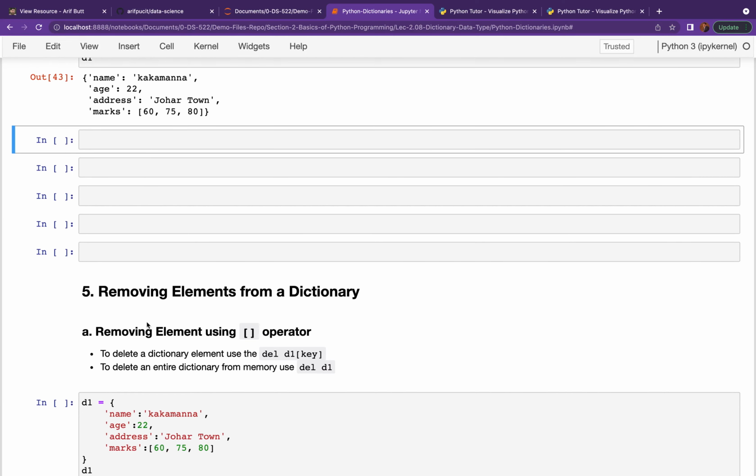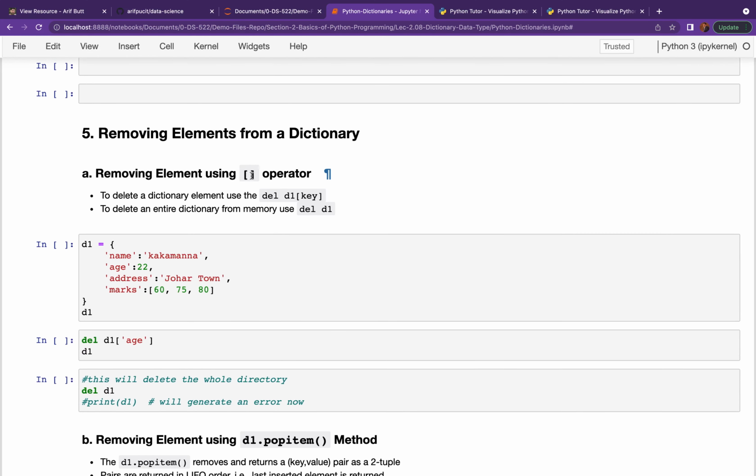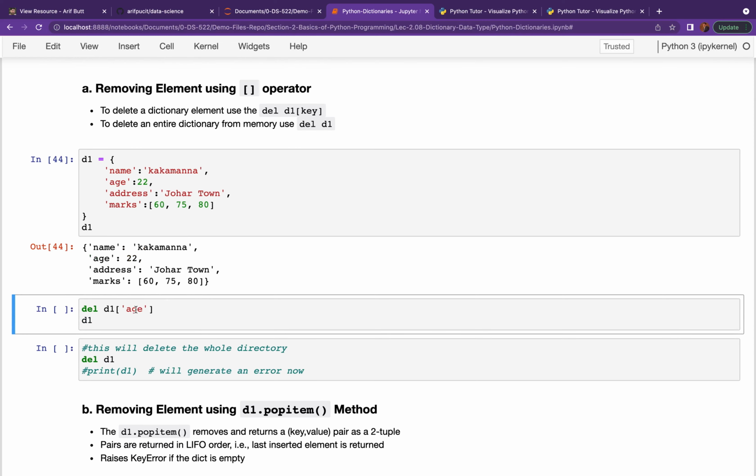Okay, now moving ahead, let's see how we can remove elements from a dictionary. So you can use the subscript operator and pass it the key. Suppose this is the dictionary and I want to delete a key value pair. I need to pass the key in this square bracket, and using the del keyword this will be deleted from this dictionary.